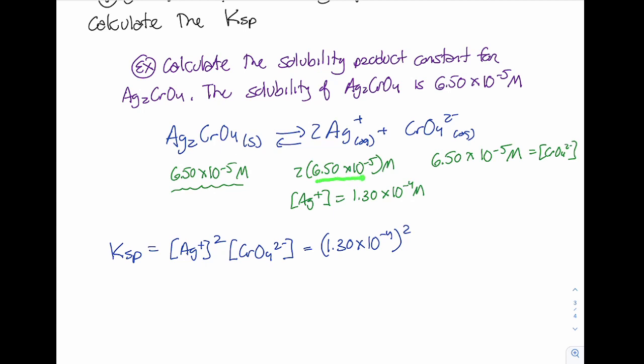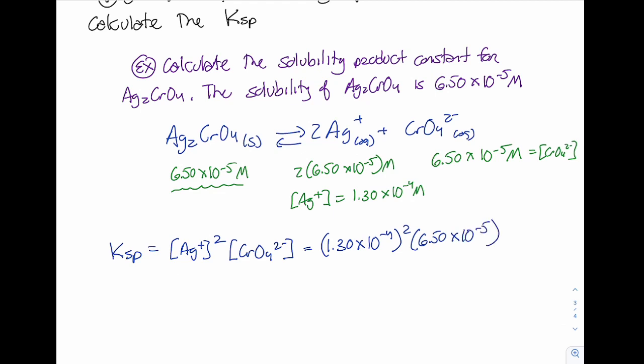So we're taking the concentration, our solubility, and multiplying it by 2, but then we're also squaring it, because my expression says I have to square that concentration. So don't think just because you're using the 2 here, you're done with it. You still need to square it. Just be really careful with that. And then that's going to be multiplied by my concentration